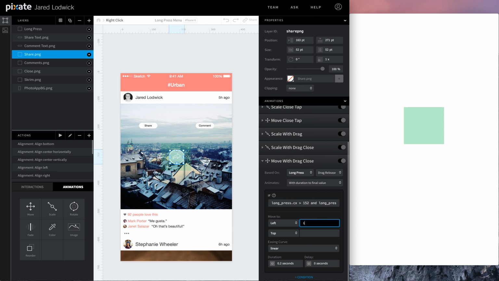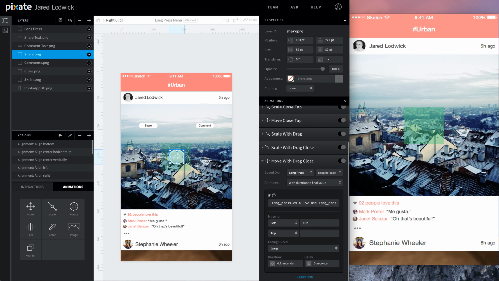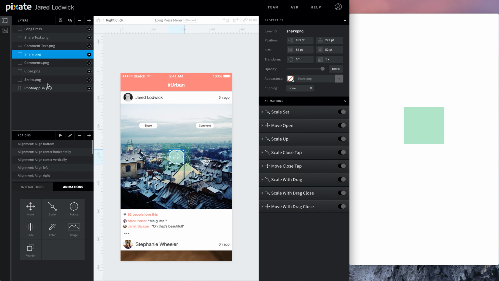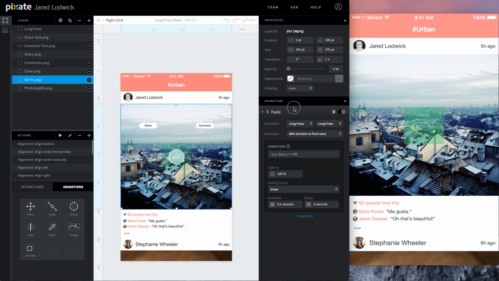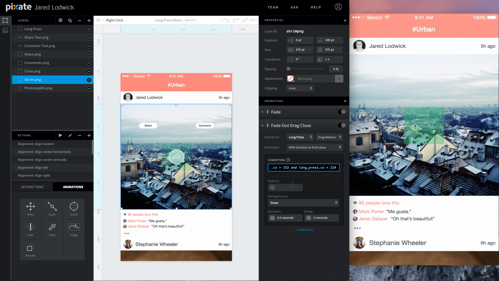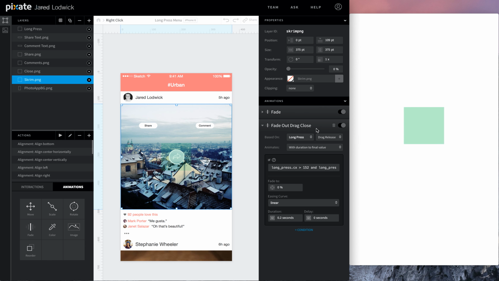We'll bring it back to 162 and 271. And let's also do the same thing for scrim. We'll tell this to fade out, add another fade animation, fade out, drag close is what we'll name it. And the same thing. Tell it to fade to 0.